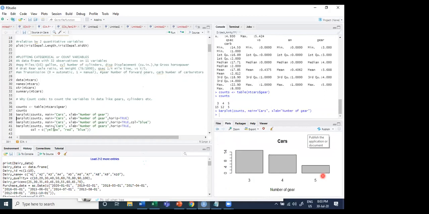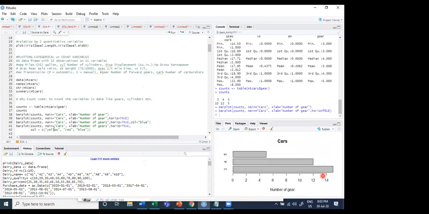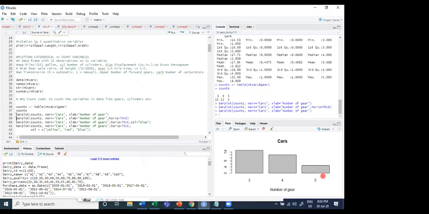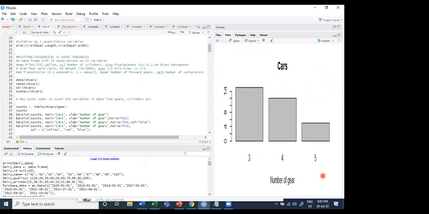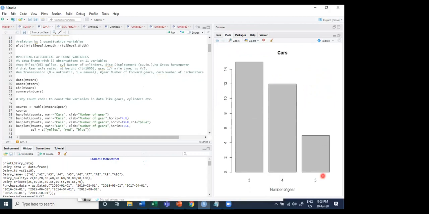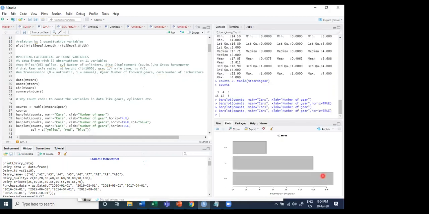Now again, let us see what is there. We are trying to refer to the horizontal axis here, which is true. Instead of vertical bars, we are using horizontal bars. Can we put color in it? Yes, we can. What we have done here is use the bar plot where vertical bars show the number of gears, but we want it horizontally because it is not looking as per our requirement. So the code remains almost the same. At the end we add horizontal equal to TRUE.